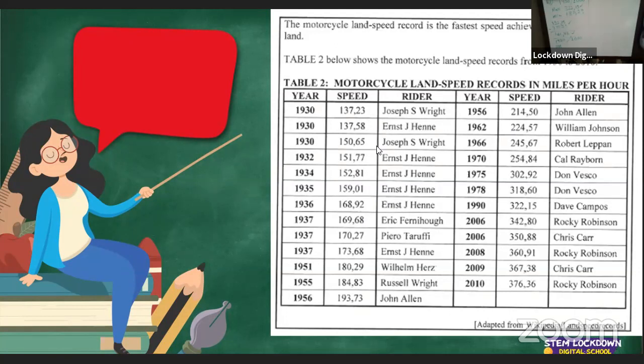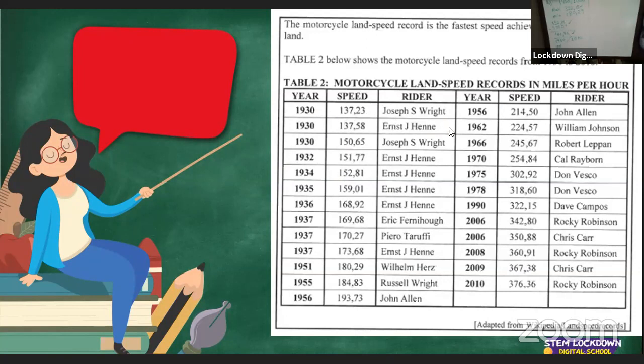We have 1, 2, 3, 4, 5, 7, 8, 9, 10, 11, 12, 13, 14, 15, 16, 17, 18, 19, 20, 21. Oh,